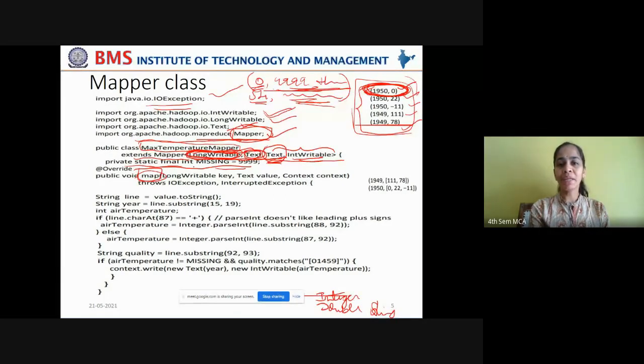You are assigning some integer value constantly to a variable called missing. I can't call it a variable because I'm permanently giving it some value, so I take it as an identifier. This missing can be called a constant identifier rather than a variable.